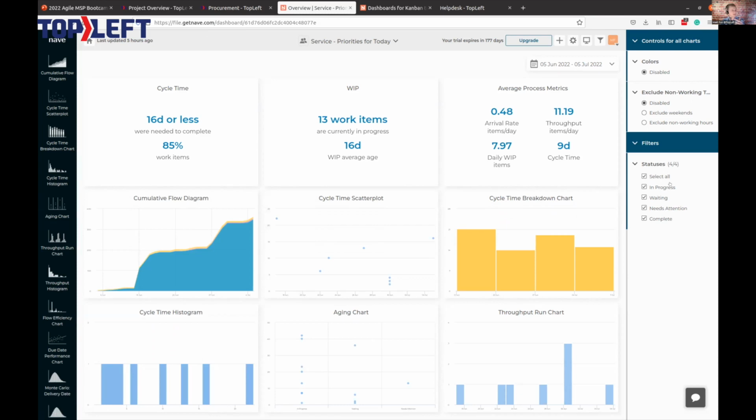What Nave calls statuses, those are just the columns in TopLeft. So if they say there's 10 tickets in progress, then that is referring to 10 tickets in the in progress column on the Kanban board that's associated with this dashboard here. So I'll just jump right in and tell you what sort of questions we can answer about our work